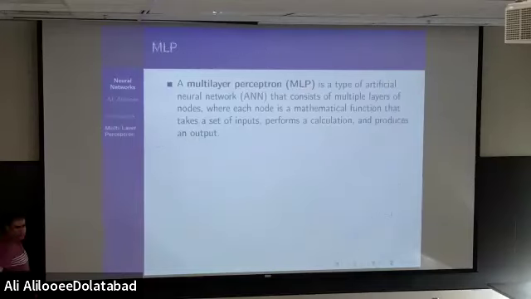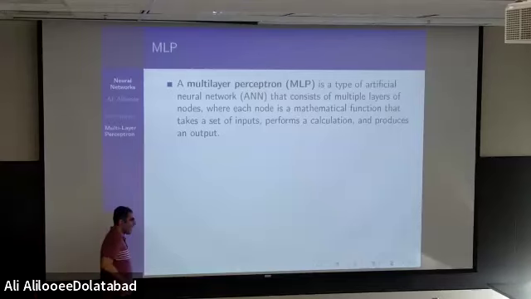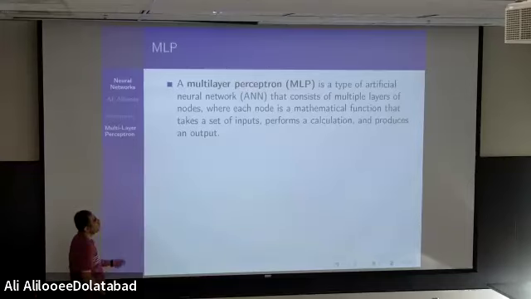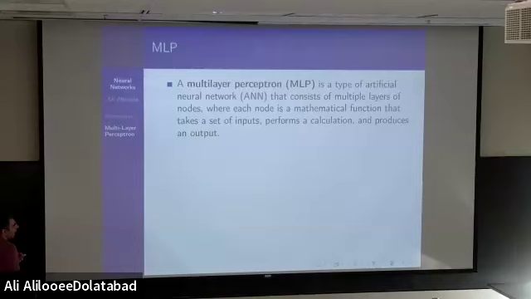Okay, so then multi-layer perceptron. As we explained, when we have one perceptron, it means that you just want to have one line. If you want to have two lines, then more than one perceptron is needed. As we explained, by considering two perceptrons, we can have two lines. What about if we want to have more than one perceptron, more than one layer?